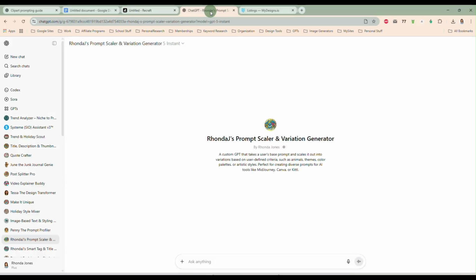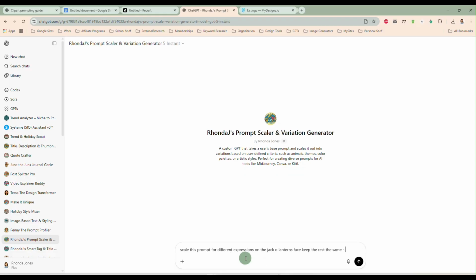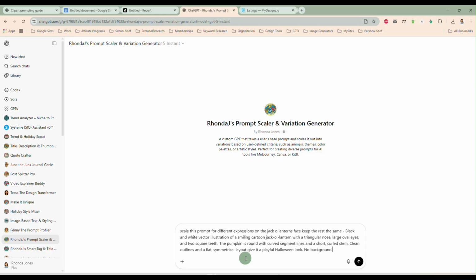So I'm going to copy this prompt, but I know I want to make a bundle. So I'm going to take this prompt and bring it right over here into ChatGPT, into our custom prompt scaler and variation generator. And in the box, I'm just going to say, scale this prompt for different expressions on the jack-o'-lantern's face. Keep the rest the same. So I want everything to be the same, except I want different expressions. So I'm going to send that in,